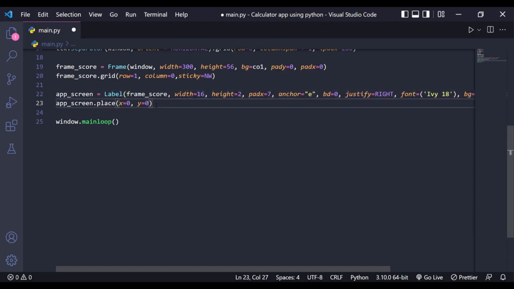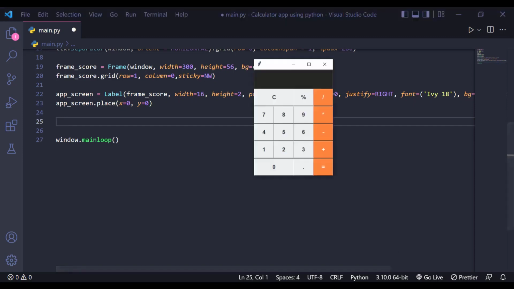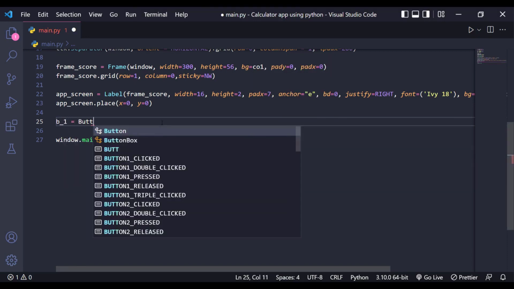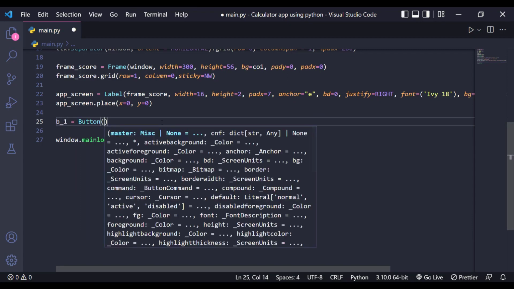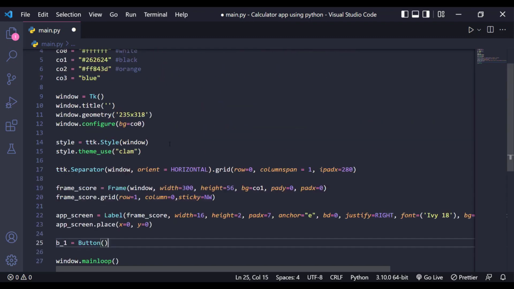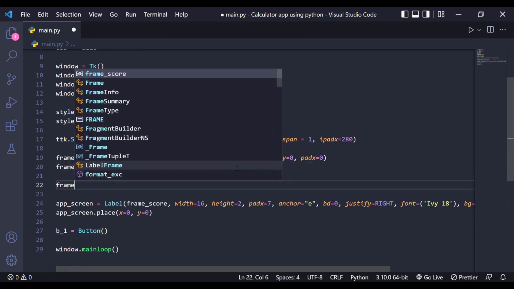So right now it's time to create the buttons. So yeah, let's work on those buttons. So the first one will be the C button. Okay, so yeah, let's work on it. So you can just give button 1 equal to button widget, and we want this inside frame 2, right? But before creating this, we have to create a frame 2 where you can see the data or buttons. So you can just give frame buttons here,